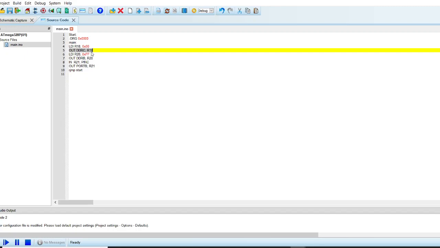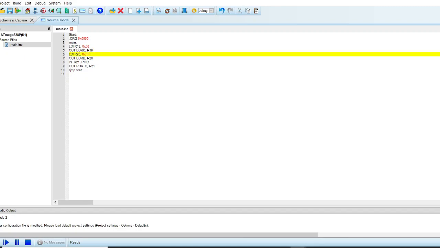Output DDRC R18, and then we are storing 0xFF in the R20 register, and we are declaring the output on